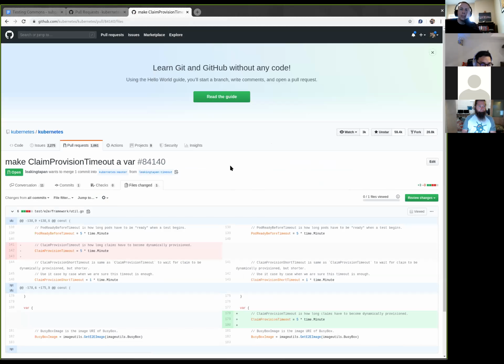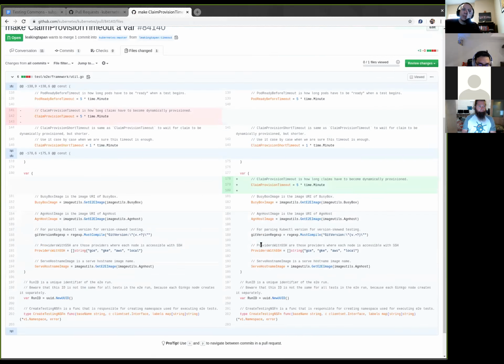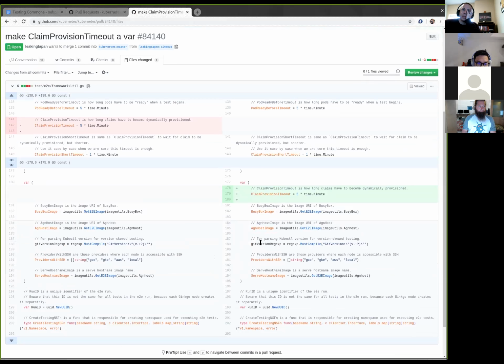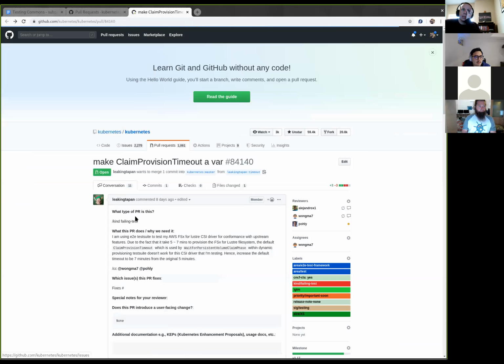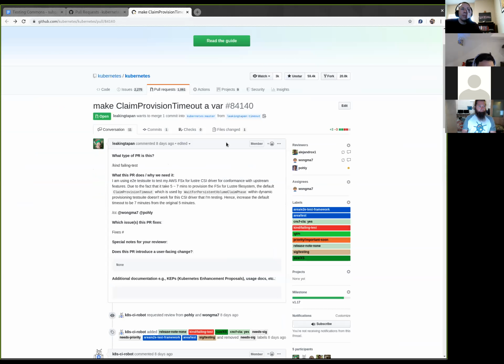Wow, I don't know if that's... it makes it a variable, but that doesn't actually make it configurable. Isn't that what they want? They might be subsuming their own test framework. I am using the e2e test framework to test my AWS FSx for Lustre CSI driver. Wow, that's a specialized use case for conformance and upstream features. I want to create my own private supercluster inside of AWS.